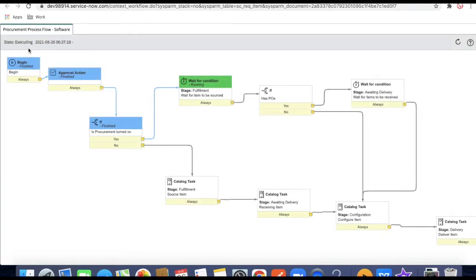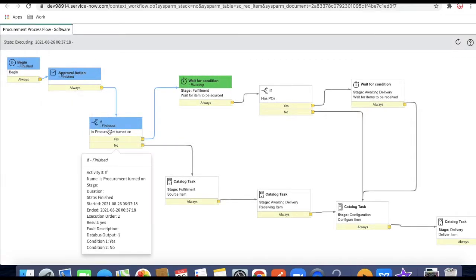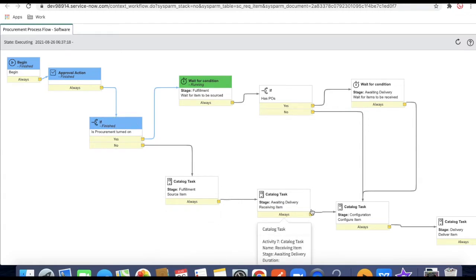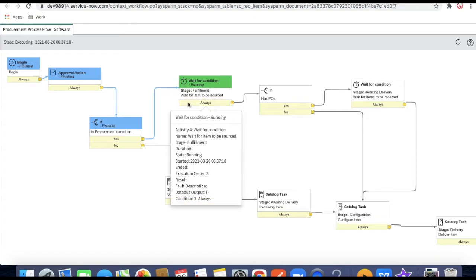And if you click show workflow, you can see this is our workflow, and it says procurement turned on. It means the procurement plugin is activated or not. If your procurement plugin is activated, it will not go for the manual task creation. It will wait to be sourced.